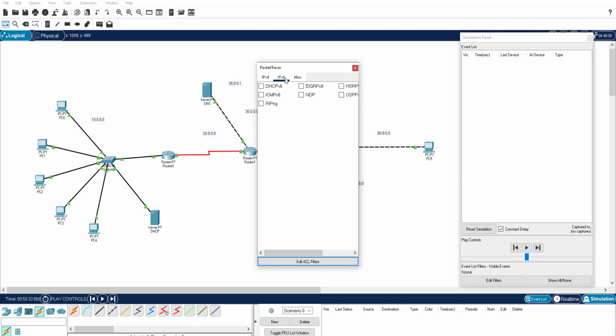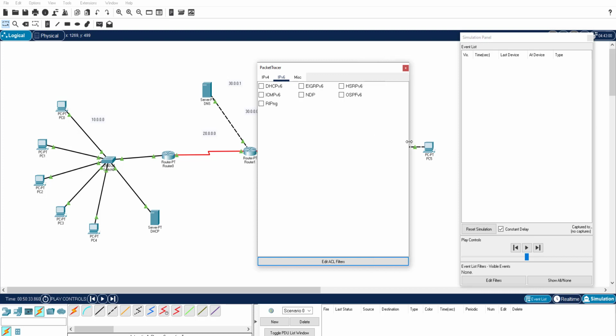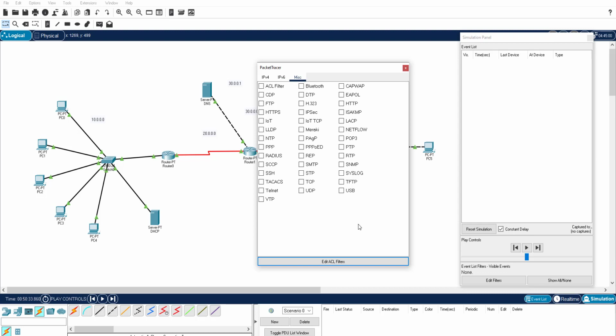Now let me go to the IPv6. In IPv6, we need not select anything. We are not using any IPv6 IP address here, only IPv4. Now I'm going for the miscellaneous, the others. Here you can see I want to see the HTTP protocol. Then I want to see TCP and UDP.